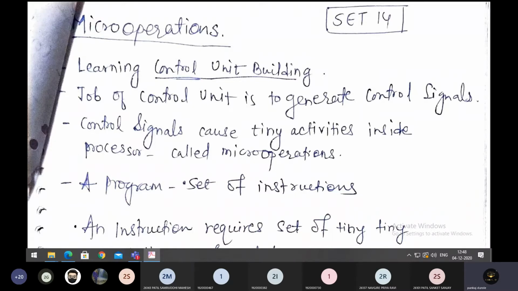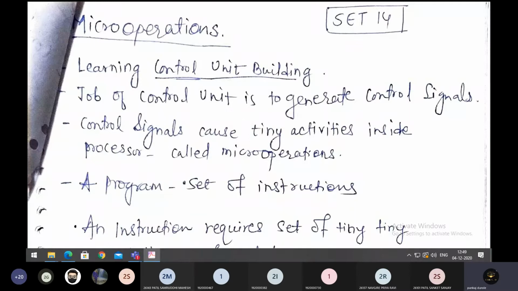Then we go with a data operation. Then we calculate the address to store the result, and finally we store the result. After that we come back for calculating the address of the next instruction. This is what is happening to the individual instruction while it is being executed.